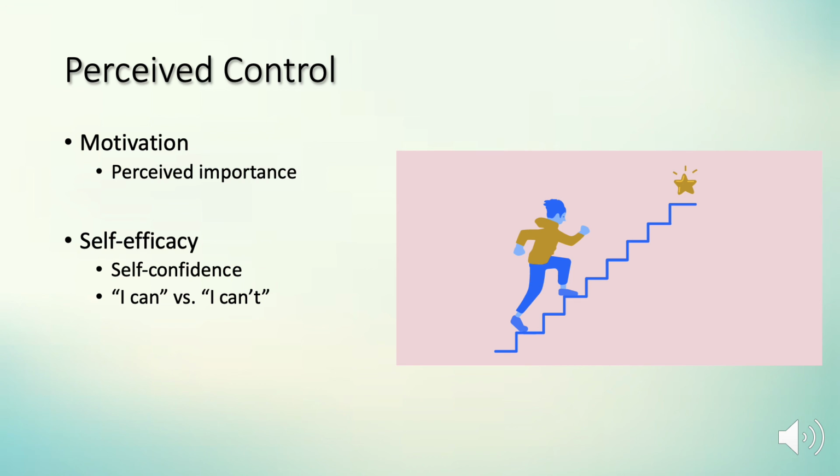Someone with a high level of self-efficacy is more likely to say things like, "I can," whereas someone with a low level of self-efficacy is more likely to say, "I can't." Perceived power over one's behavior choices is another influence on his or her decision-making. Perceived power contributes to a person's perceived behavioral control over the various factors and variables in his or her life.